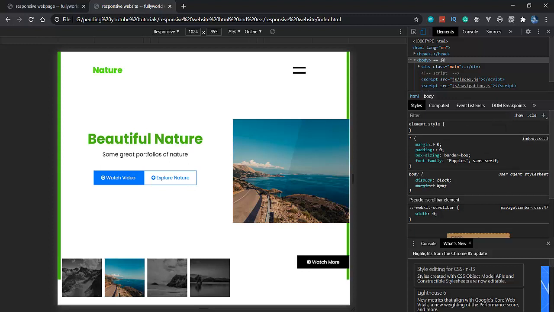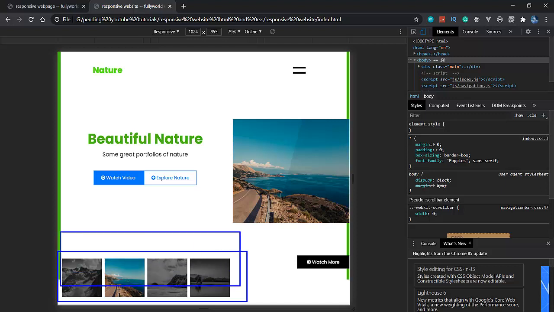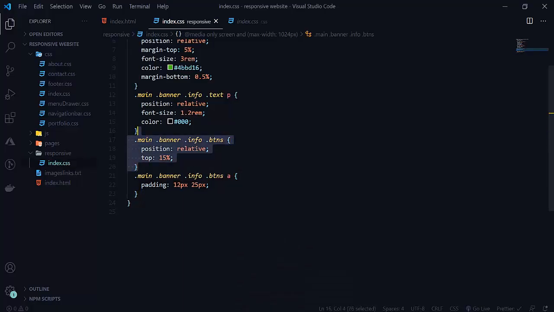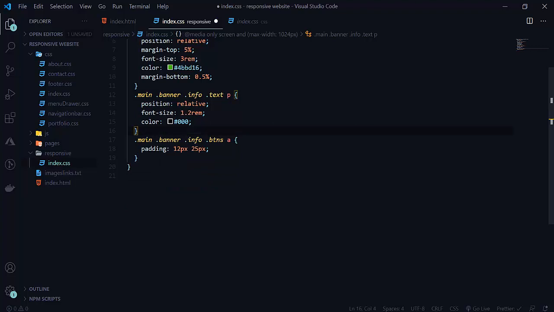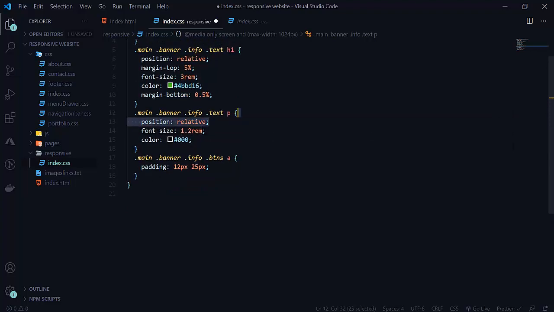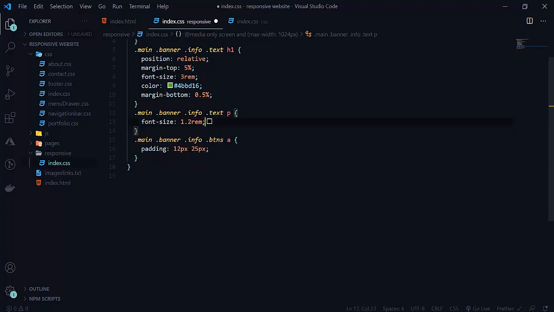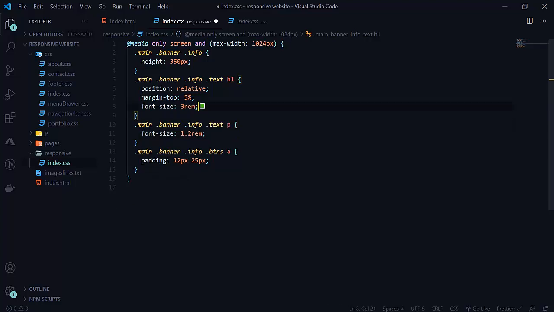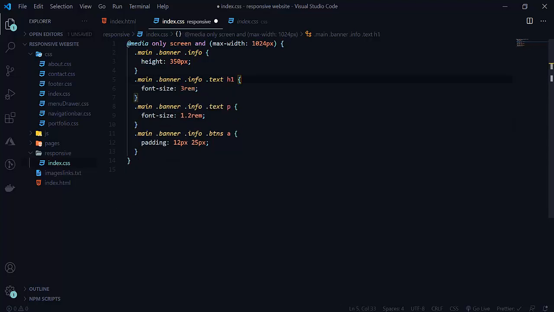So now let's change this now. Let's make this bottom more here. We want it like this here. So let's change this also. Here we don't want any buttons. Here we just change our font size. So let's remove everything here. What we did here for the h1, we just change our font size. We don't want anything other here. So just font size is enough here.